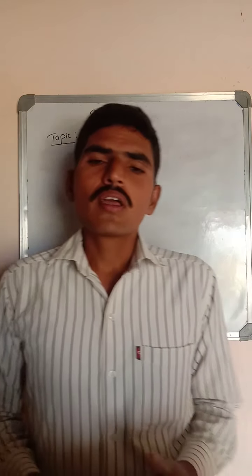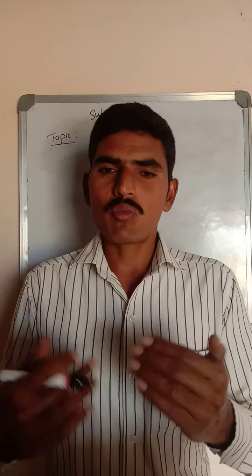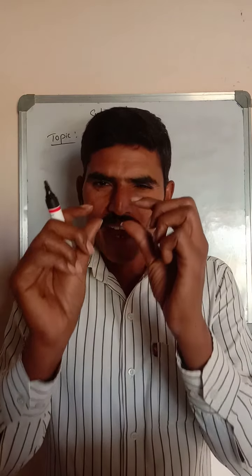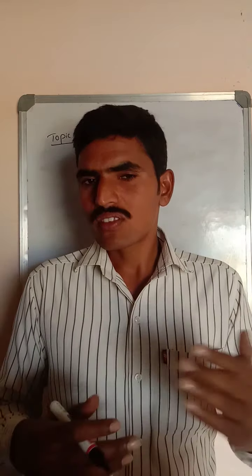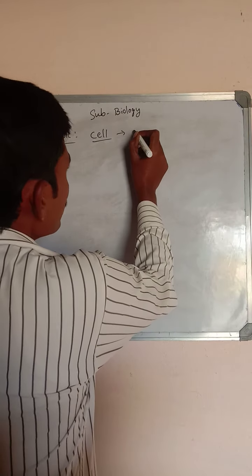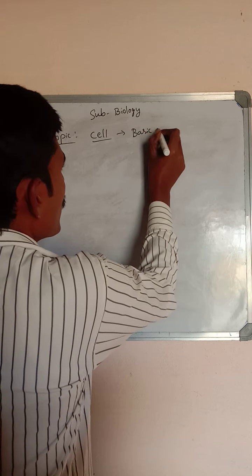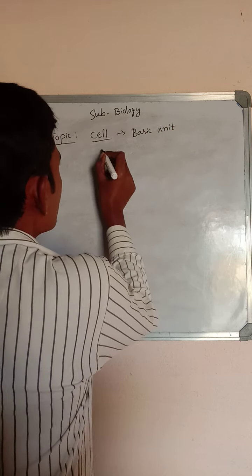Cell is a basic unit of our life. Like how our house is made up of small bricks, in the same way our body is made up of small tiny cells which we cannot see with our naked eyes. So we also call cells the basic unit of our life, and we also call them